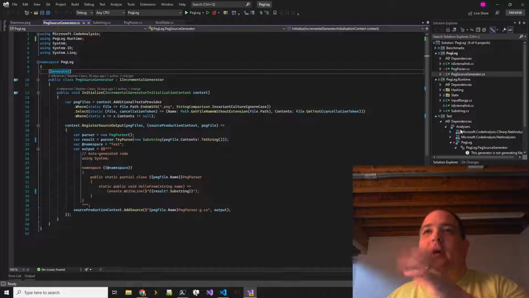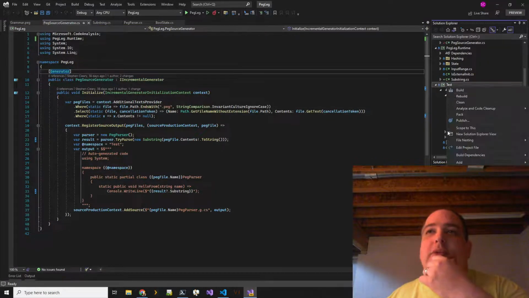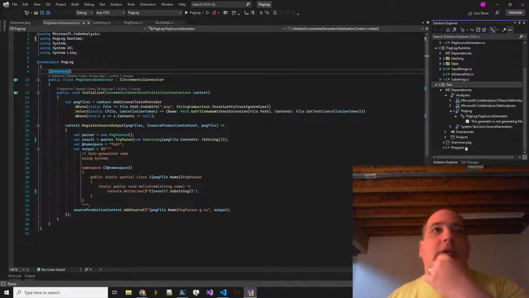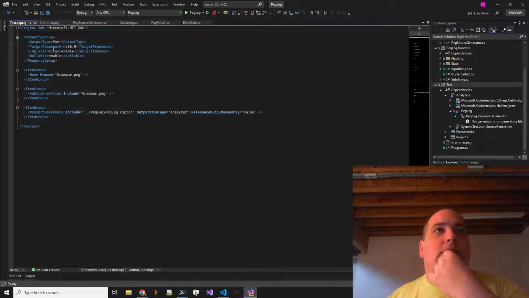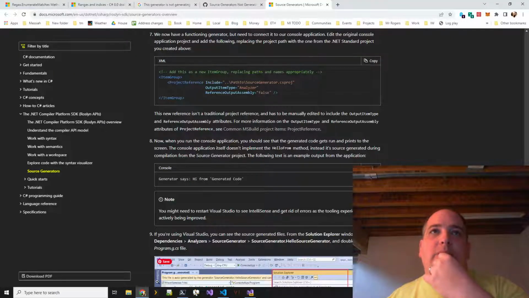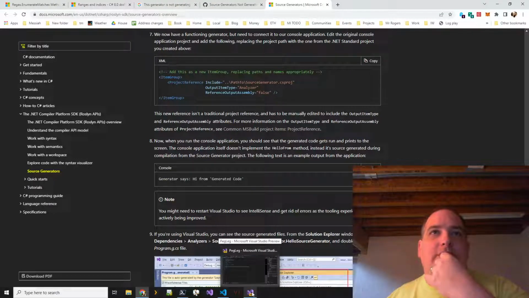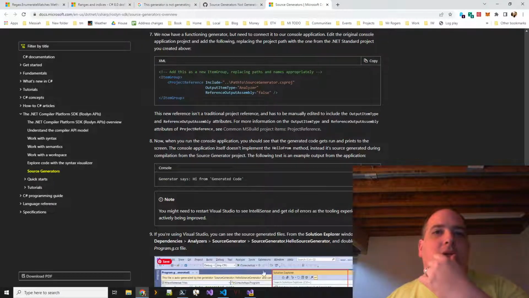Yeah, it's got to be as a dependency because it's still showing up there. So we've got this thing here, as a project reference. Yeah, that all looks correct.